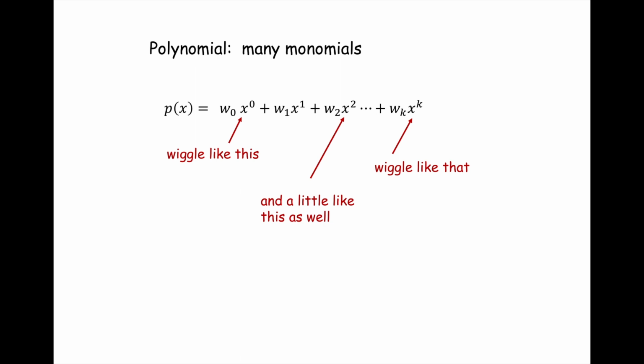It's describing the amount of wiggle like this and the amount of wiggle like that for different ways of wiggling. Those are the monomial terms that, when you add them, you get some function shape. You can approximate a function. Now, the nice thing about this polynomial is that it's very self-contained. You just sum together a bunch of things through some mixture, and you can get just about any function. Well, not any function, but quite a few functions.